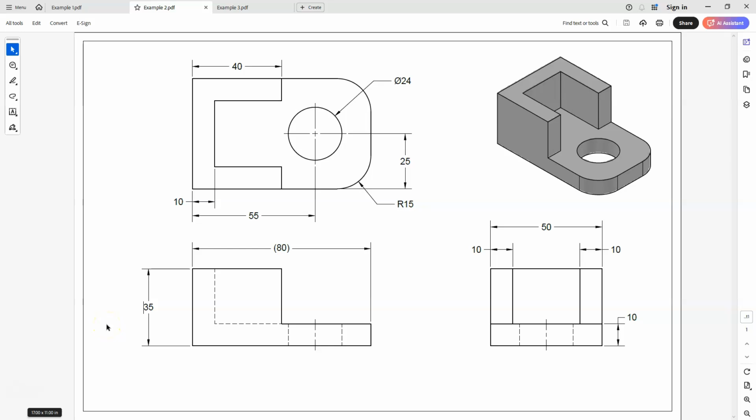Welcome back to the channel, and today we're going to be looking at creating this model here using Solidworks. Now the model is going to be super simple, but we will be incorporating some drafting here in Solidworks, and it's going to be some basic drafting. And in this video, what I'm also going to do is take a look at the